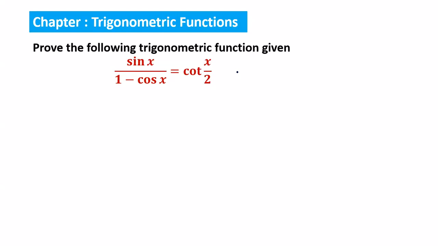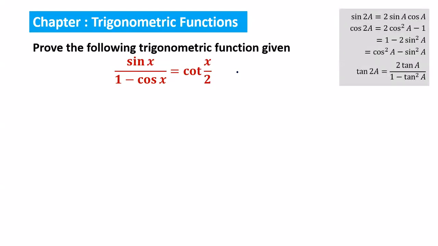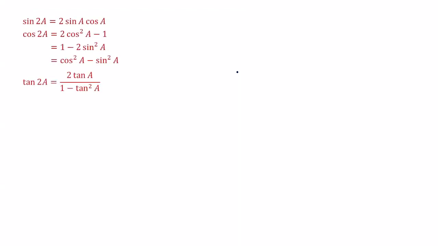Before you enter these proving questions, I would like to modify the formula given, the trigonometry formula given for us during the exam. So we are going to take that formula and modify it for use in this question. These are the formulas, class, but I want to explain how you can get the half angle. So let us move on to the formula first. Class, this is your formula.